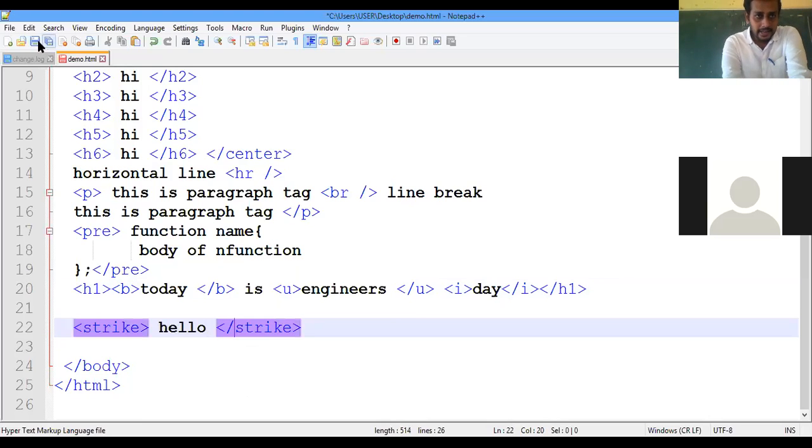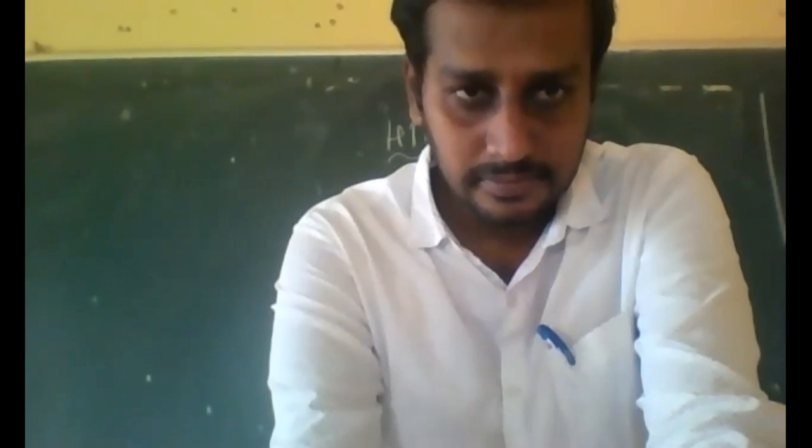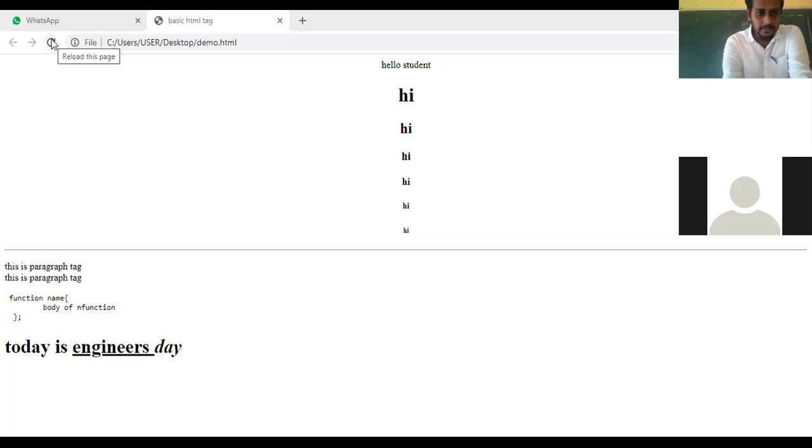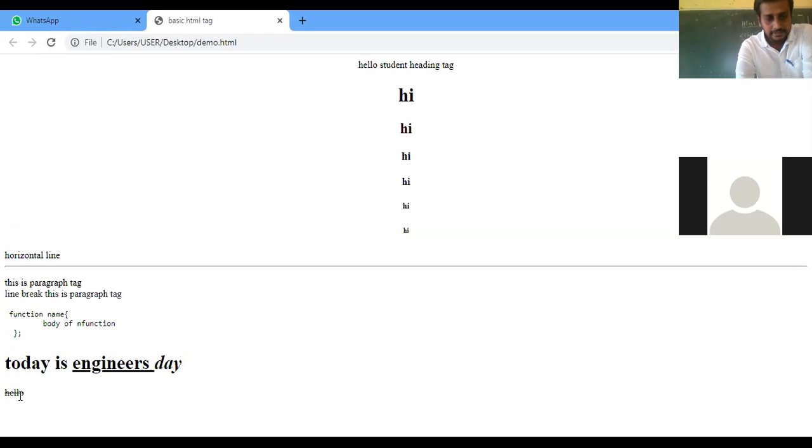So I wrote the information, I saved my file, and again I am running it. I will just reload the file. So here you can see hello, the information is written, hello, and it is struck through.